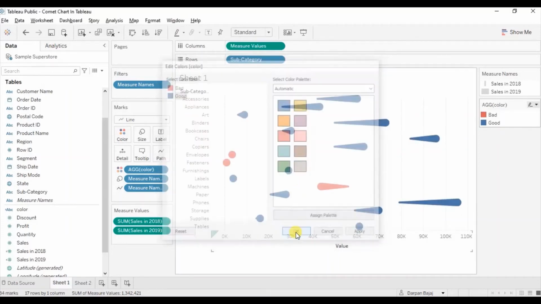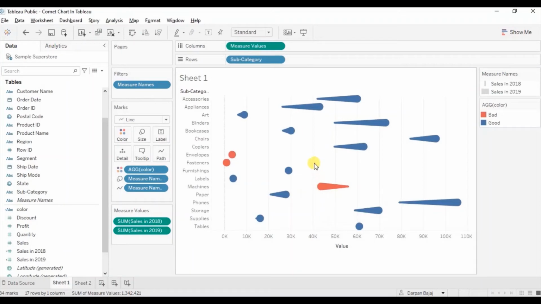Click on OK. Here we can see that sales in 2019 is less as compared to sales in 2018 for all those comets that are in red color, and for those comets which are blue in color, the sales in 2018 is less as compared to sales in 2019.